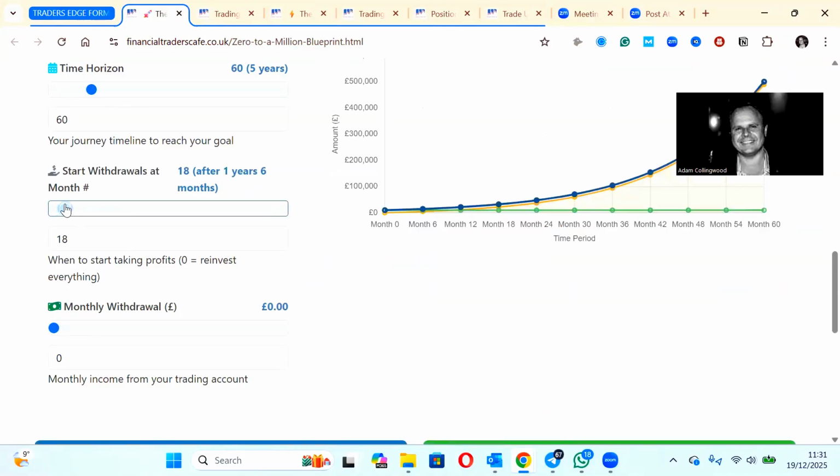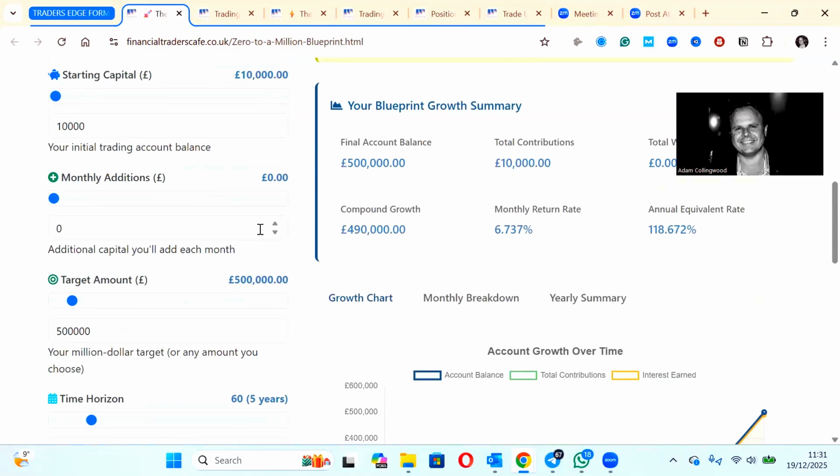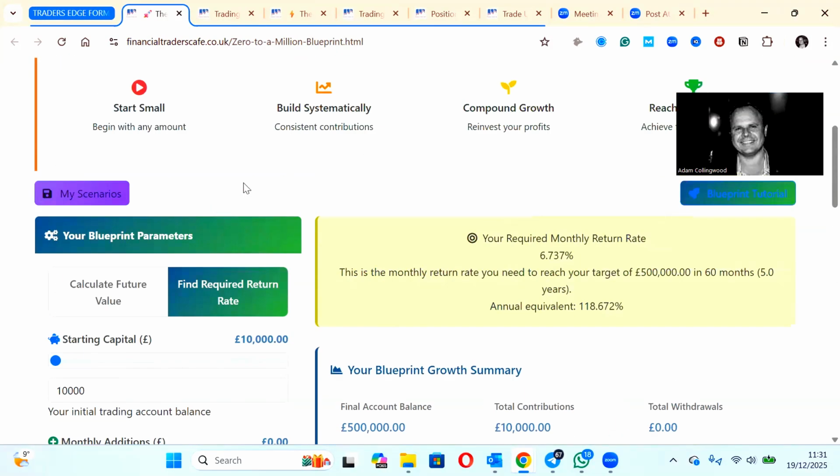If you want to take withdrawals in the future, we can build withdrawals into this. I'm not going to get into that in this video, but it's absolutely crucial that you know you can take income at some point. It's completely tax-free if you're in the UK, if you're trading a spread betting account, but a lot of people